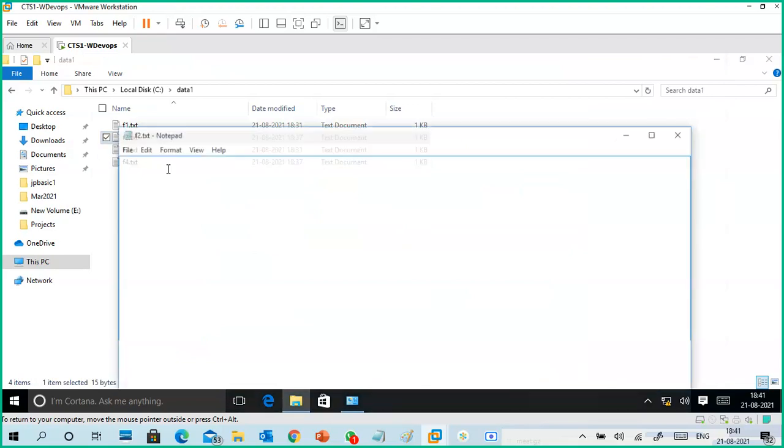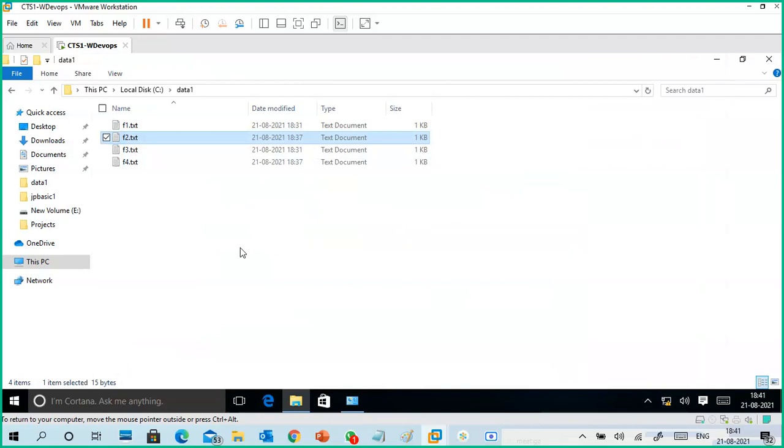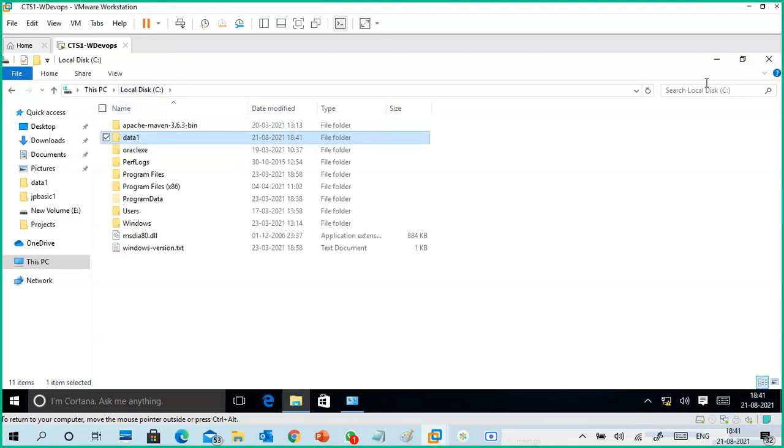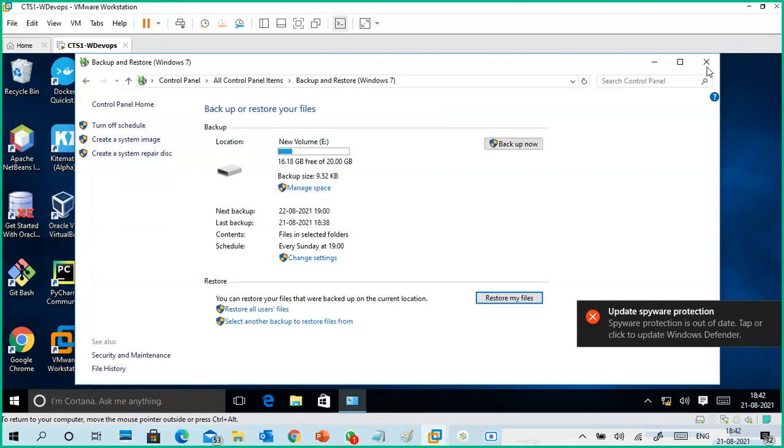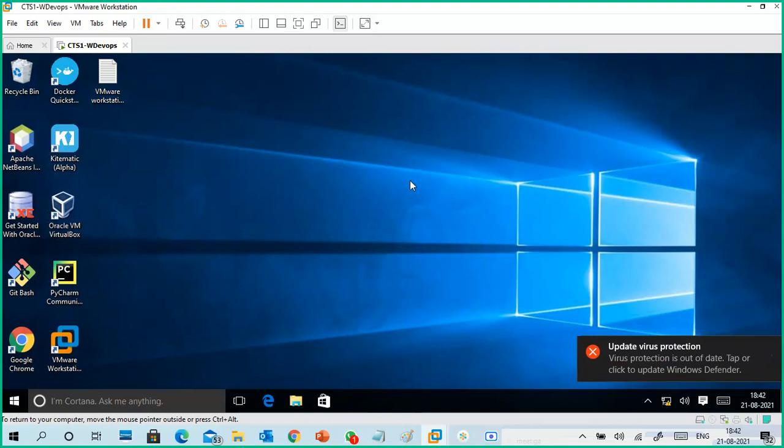Okay, check it. The file is there, and the last modification is also preserved. We can't see the whole process, and we have to go into the details. So this is a simple backup and restore in Windows 10. This is a single-base machine; you can also create that folder on your pen drive or something similar.